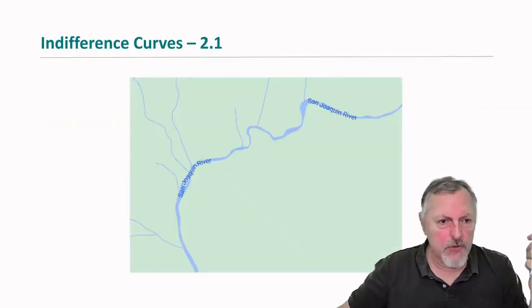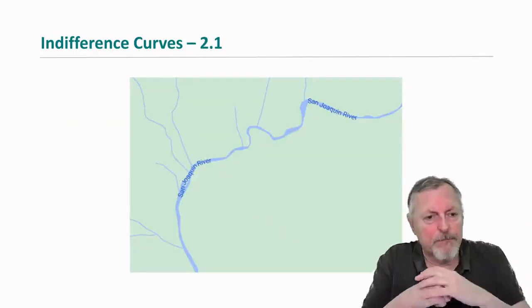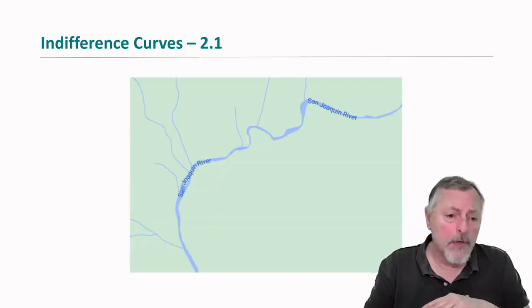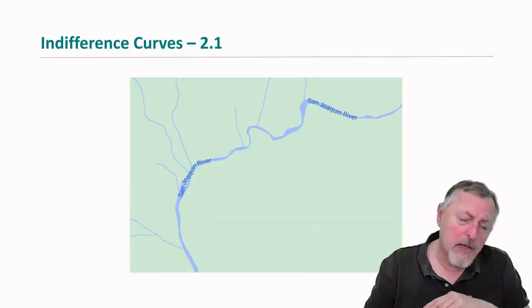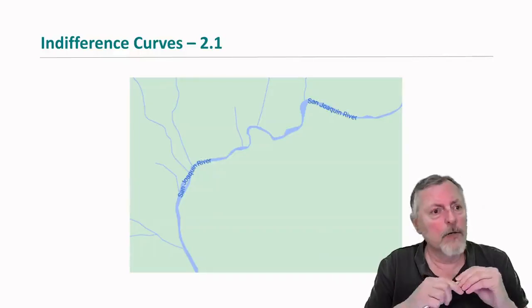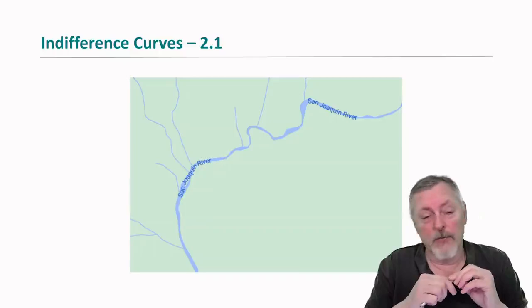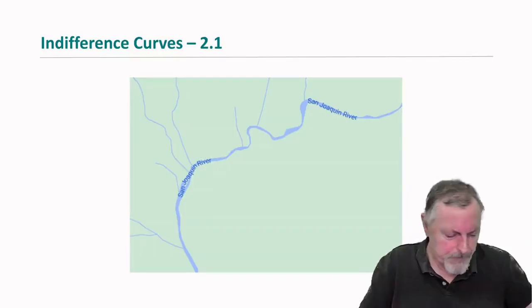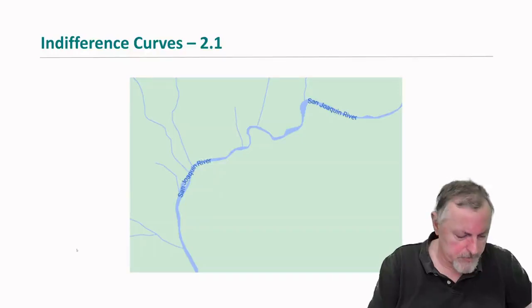What is an indifference curve? Let's start with this. This is a map of an area of the San Joaquin River near... oh, goodness, I don't recall. Doesn't matter. Now, let's assume that you wanted to go